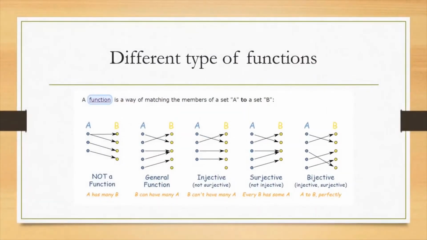So consider the first set. We have A and we have B. A has 3 points, B has 4 points. The image of the first point is the first and second point of capital B. So the first point on capital A has 2 different images. So this is not a function, of course, by the definition of a function.